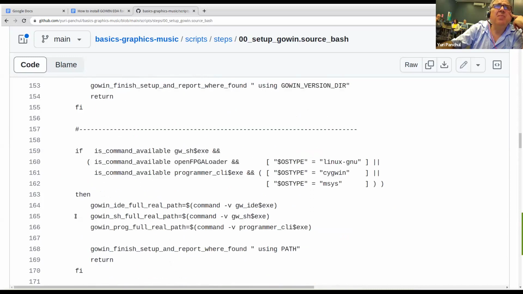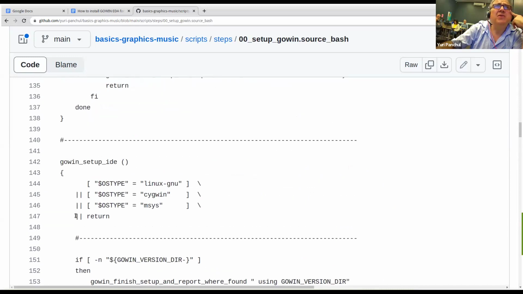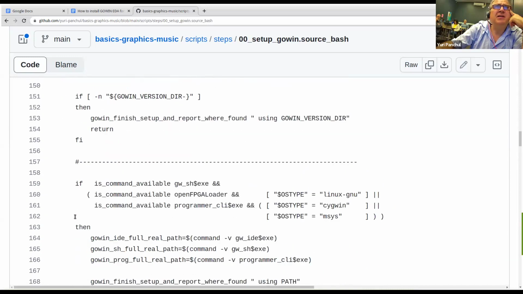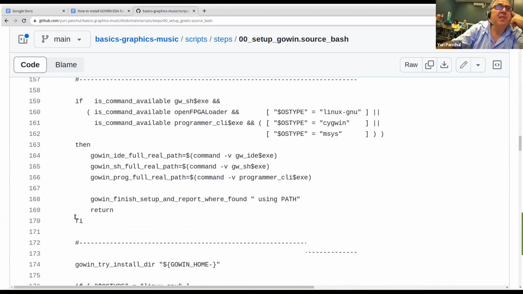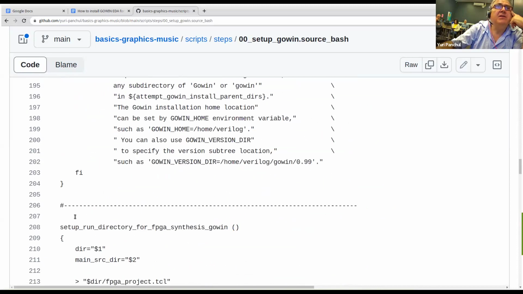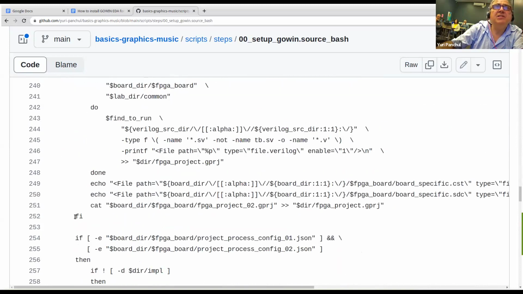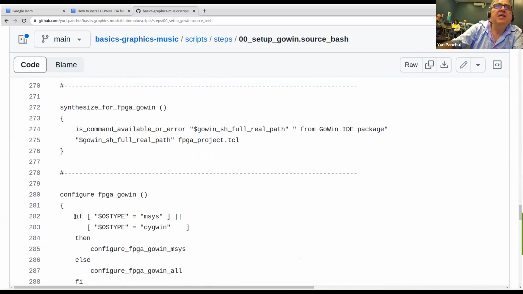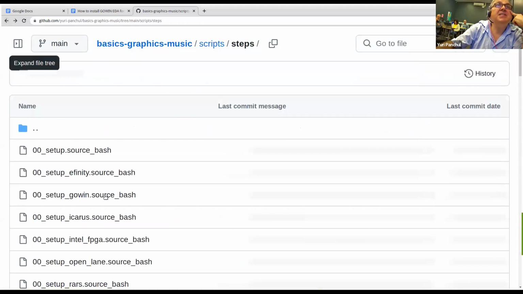So now when we know where our Gowin is located, we go back to the synthesis script, and in the synthesis script,